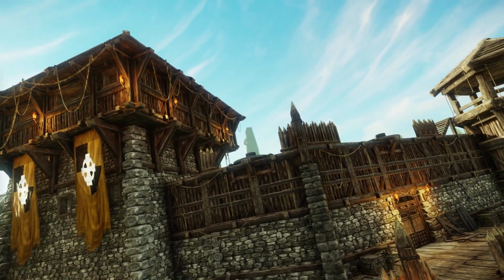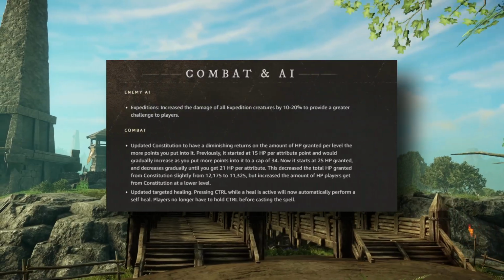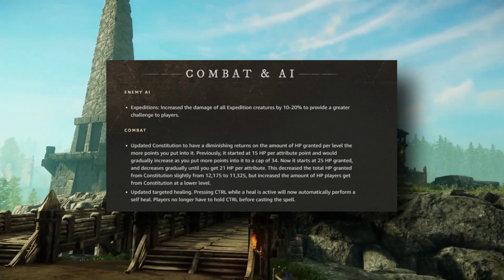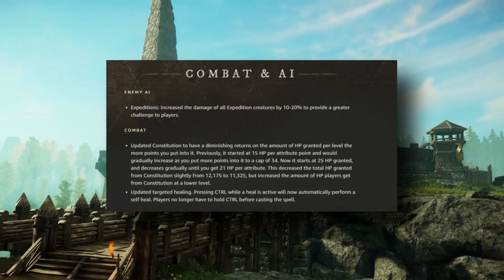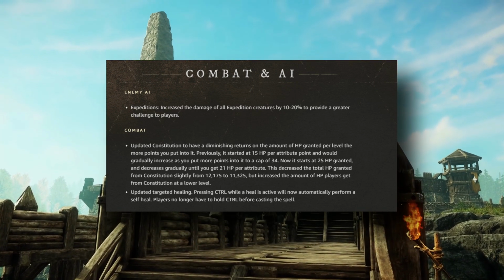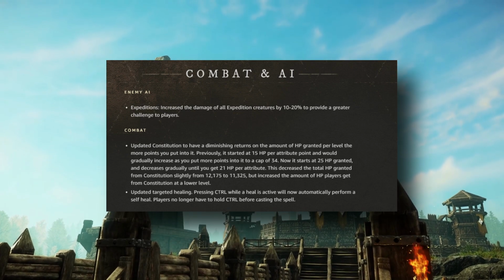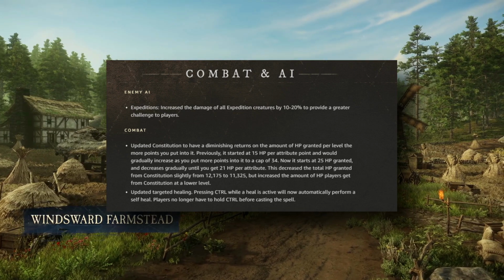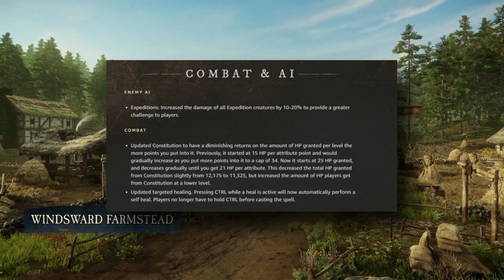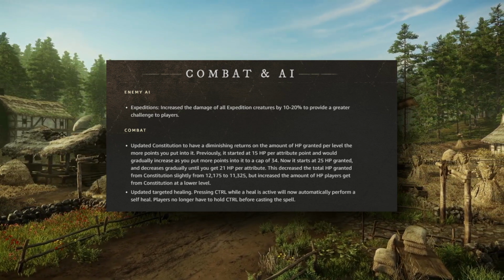And lastly, we have the AI and combat changes. Expeditions. Increase the damage of all expedition creatures by 10 to 20% to provide a greater challenge to players. They updated Constitution to have diminishing returns on the amount of HP granted per level, the more points you put into it. Previously, it started at 15 HP per attribute point and would